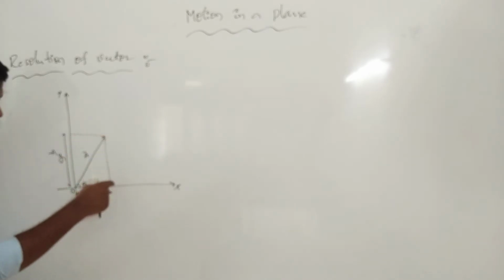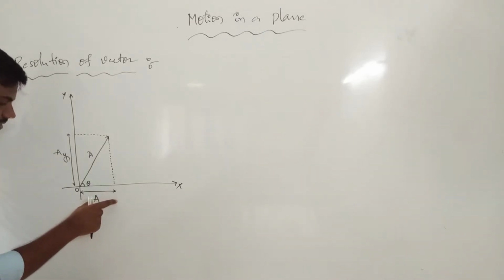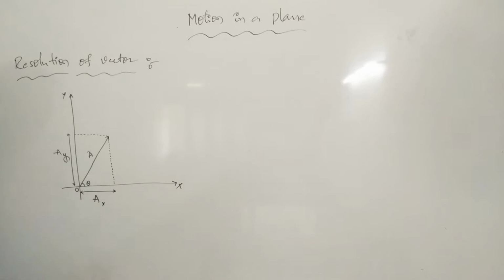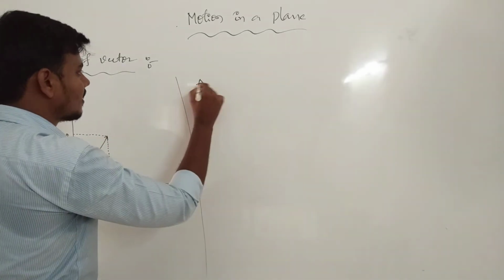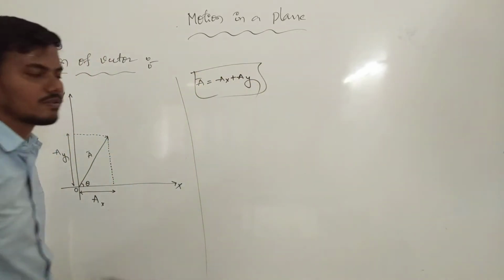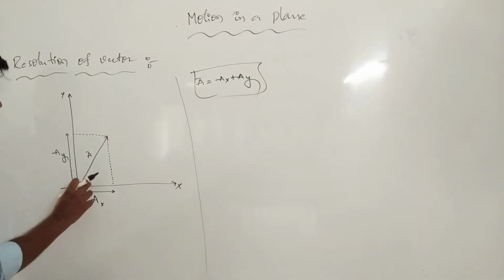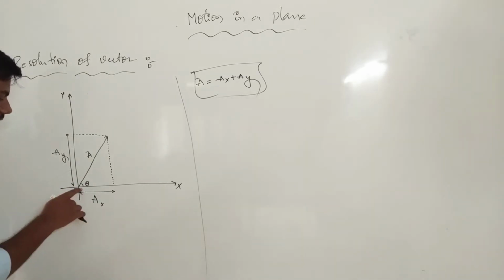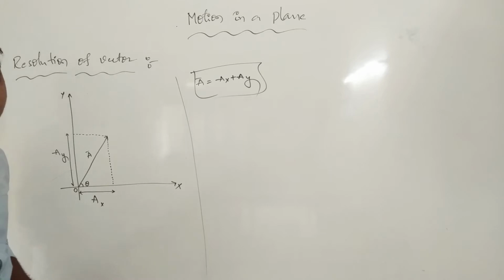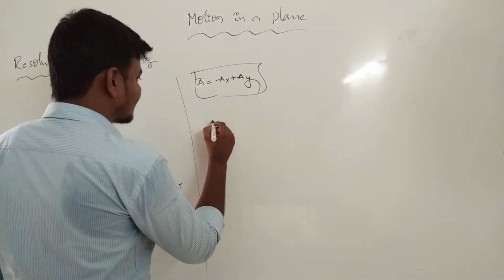The line joining the point to the x-axis is Ax, and the line joining it to the y-axis is Ay, with respect to the theta representation, a function of theta. Now, our previous one: A bar is equal to Ax plus Ay, at x-axis and at y-axis. At theta representation there are two functions: first sin theta, second cos theta. Now first we introduce sin theta.